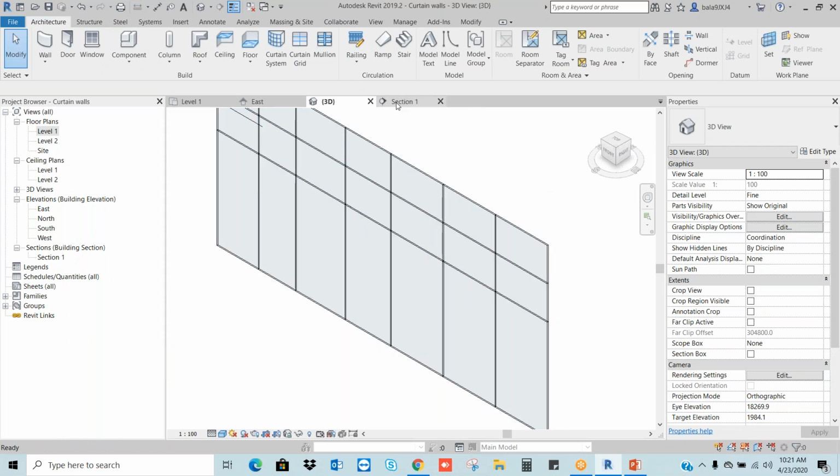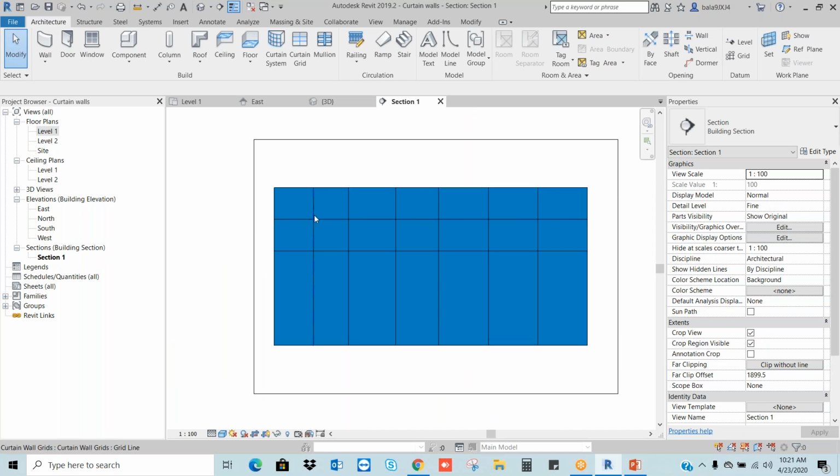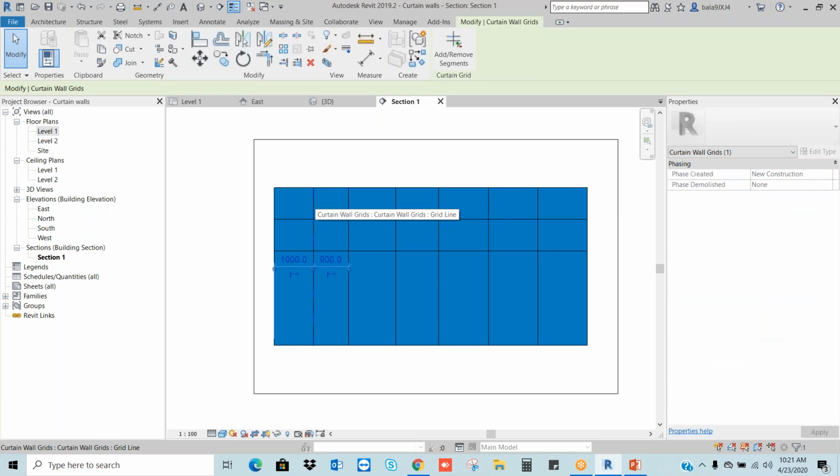So now I want to manage these grids according to dimension. Just like grids, I will select this grid. This is 1000, this is 900. I want to make this also 1000. Select the grid and change the dimension. See, Revit is very easy.